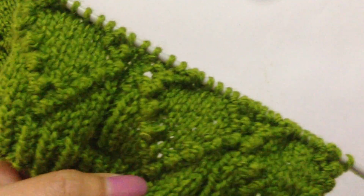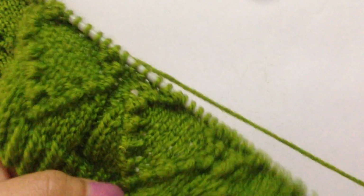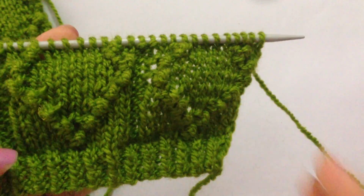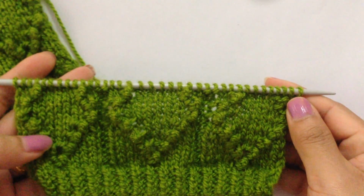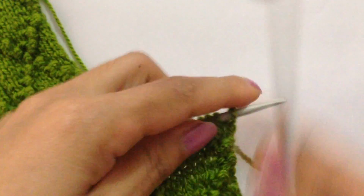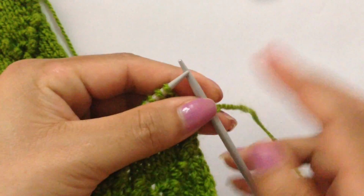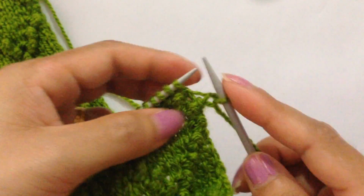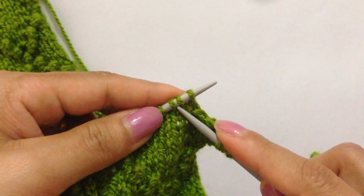And for row 14 we're going to knit on knit and purl on purl, and for row 15 we're going to knit 1, and now we're going to start the repeat. We knit 2, 1 2 and make a small bubble,